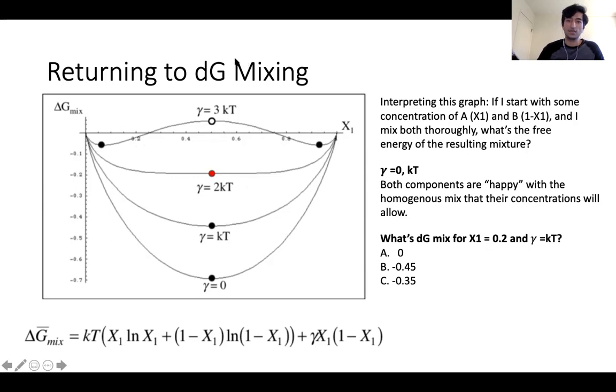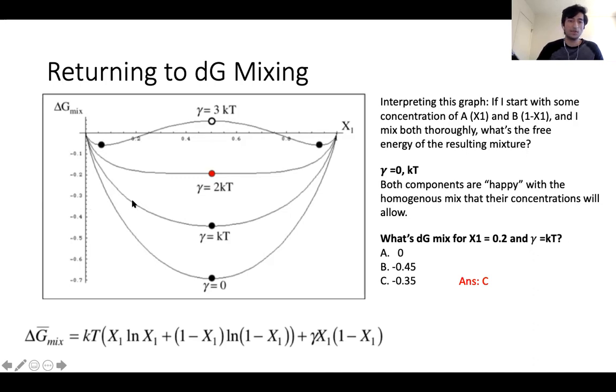Okay, yeah, C. So there's one vote for C. And yeah, that is true. The answer in this case is C, because if you start off with a mole fraction x1 of 0.2, and you look at the kT curve over here, this is roughly negative 0.35. And this is pretty much where the system will be,